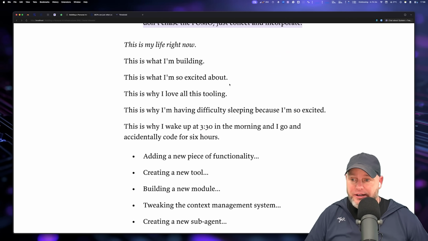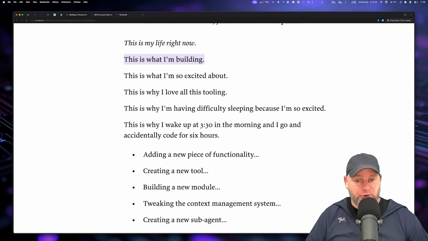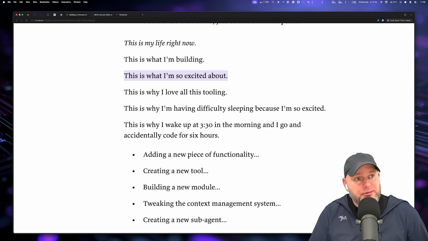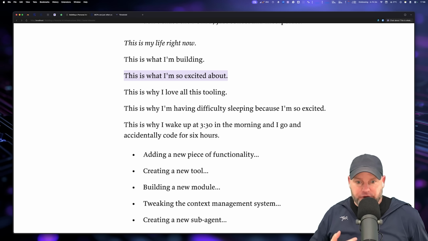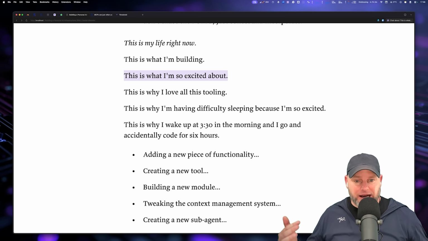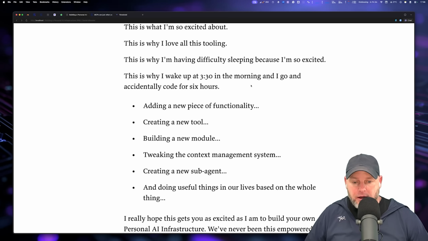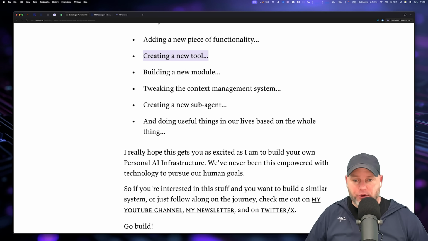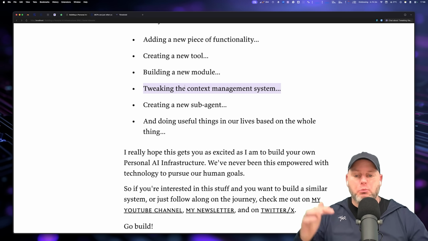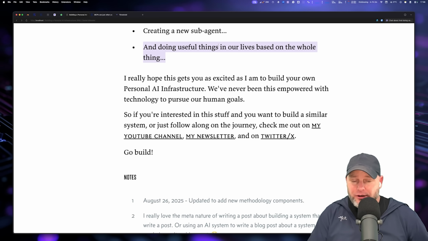This is my life right now. It honestly is. This is what I'm building. This is what I'm so excited about. This is why I love all this tooling. This is why I'm having trouble sleeping, honestly. Since, I would say, 2 or 3 months ago, I have trouble sleeping because I just wake up, I fly over here, and I sit here for 6 hours, and accidentally 6 hours is gone because I'm building. Adding new functionality, creating a new tool, building a new module, tweaking the context management system so Kai stays even more on the rails, new subagents, and ultimately to improve things,